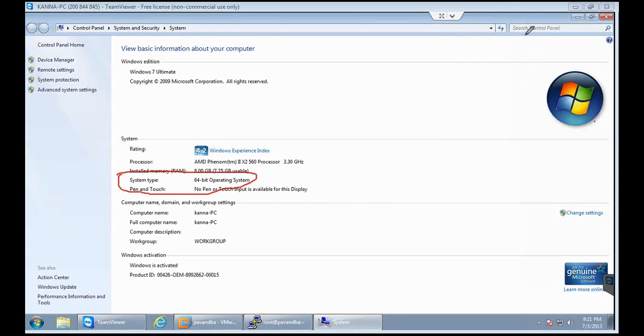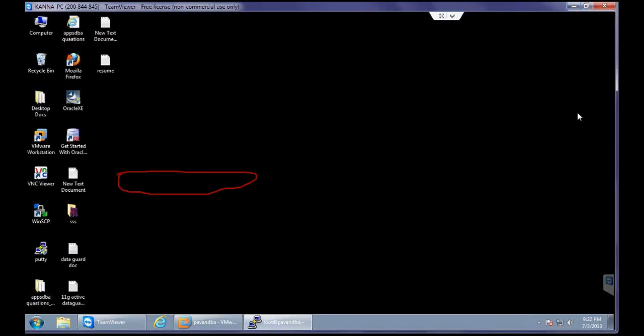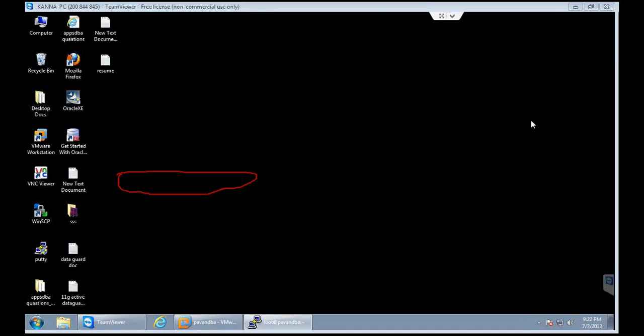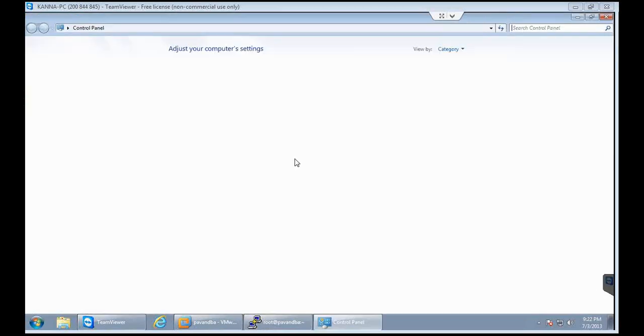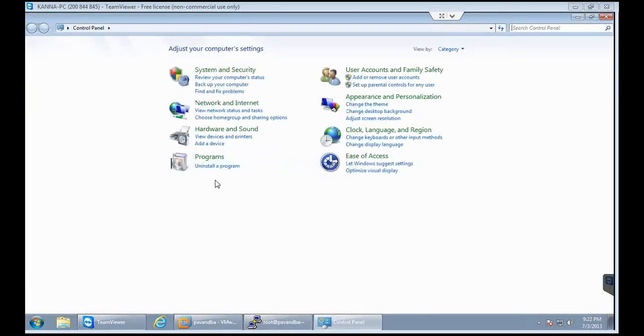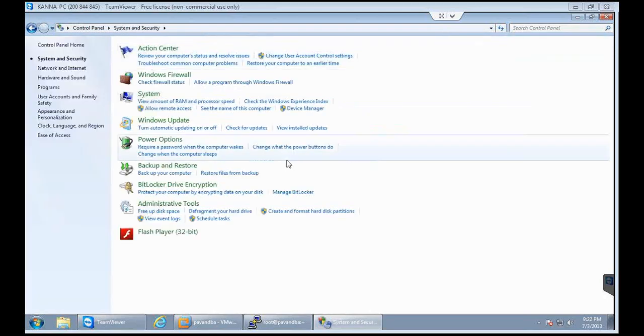The other way, as Sanjay is saying, is to get it from the control panel. Let us check that, because I never checked that basically. System and security, okay.